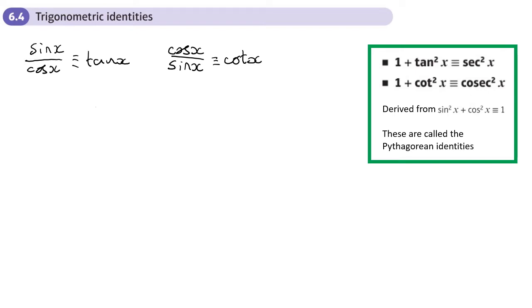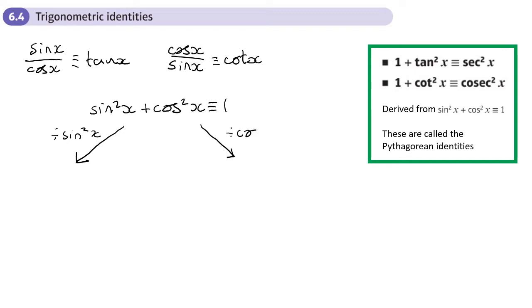We also had another identity from year 12, which is sine squared plus cos squared gives you 1 for any value of x. That's why we have the three lines, the identity. But if you were to divide everything through by sine squared or divide everything through by cos squared, you'll get two new identities. So if I divide everything in this first one here by sine squared,